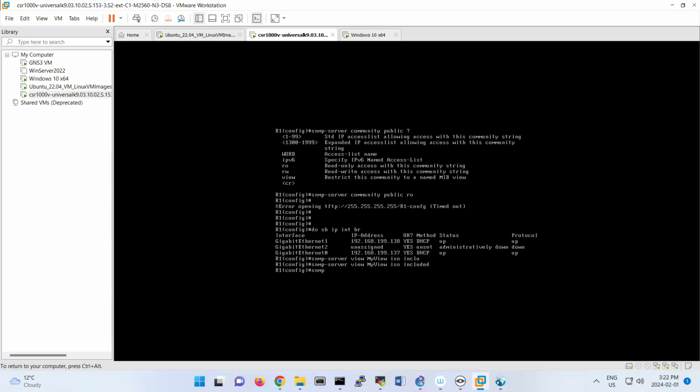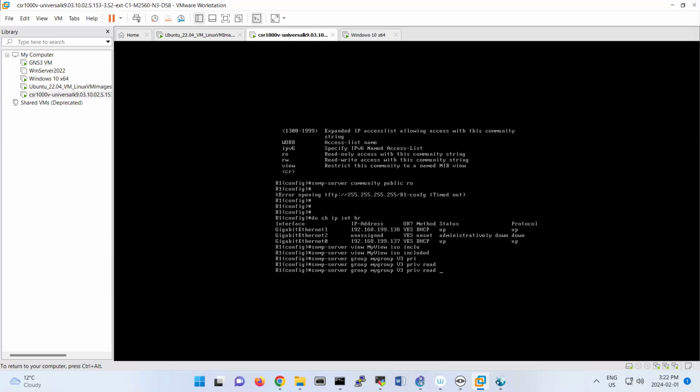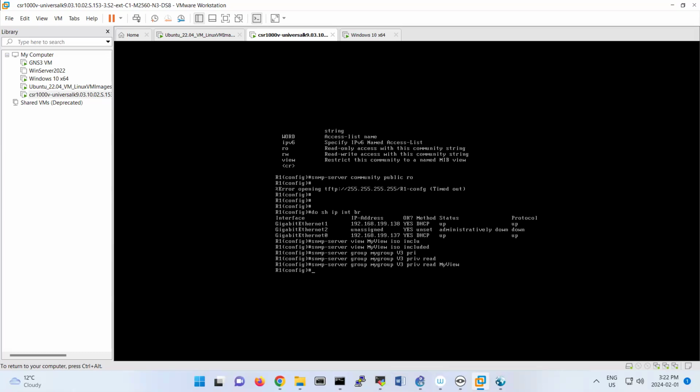Then SNMP dash server group, then my group, that's the name of the group that I'm creating here, V3 privacy read, and the view name that you created in the previous step. So that's my view actually. And then SNMP dash server user is, for example, Nagios, and the group name that you created is my group,